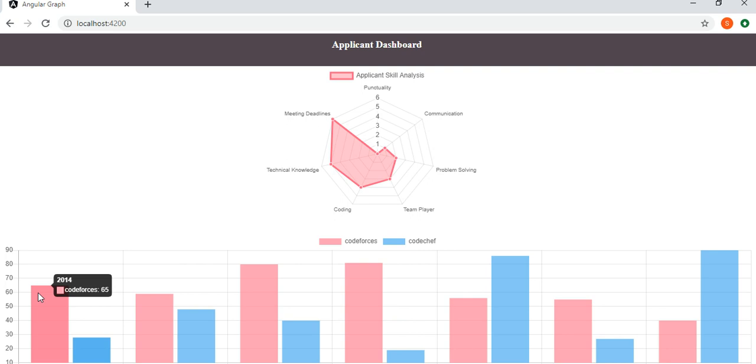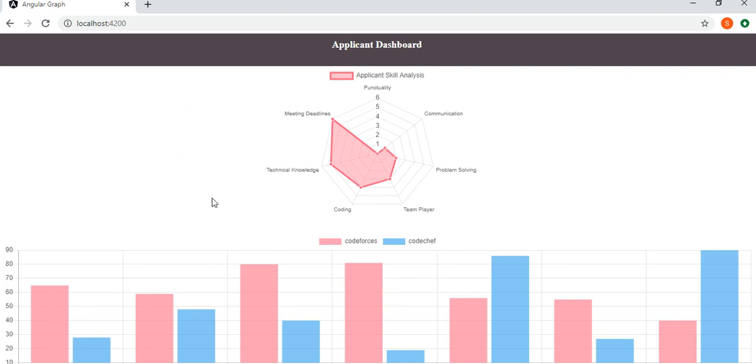In 2017, in Codeforces 65 submissions, and if you mouse over here, in CodeChef 28. In a similar way, in 2020 in CodeChef it is 19 and Codeforces 14. This is what it looks like, and right now I'm running it in my development environment.